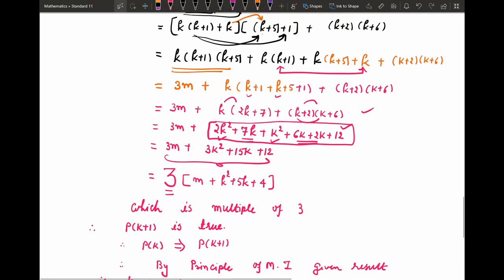Only here you have to take care, in this 3 step it is ordinary multiplication and then simplification. You simplify by your own method. You can easily take 3 common and you can show that 3 is a coefficient. So given quantity is multiple of